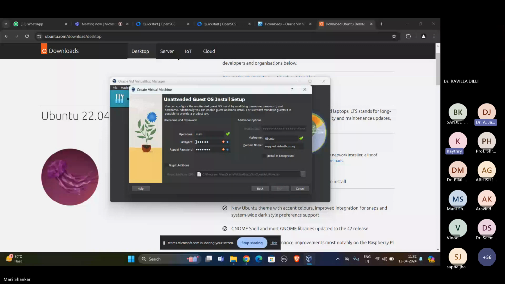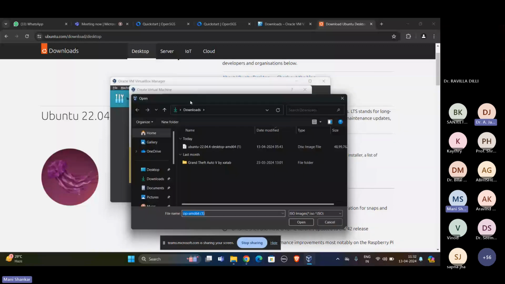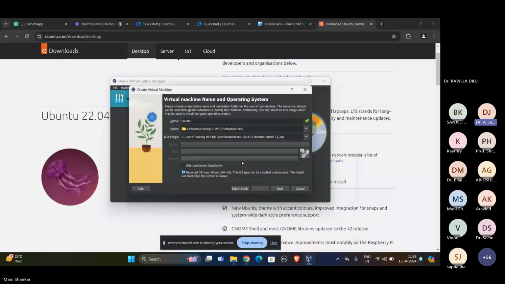No, after selecting others, then we have to proceed. After selecting others, this window will open, your file manager basically. You have to navigate to the Ubuntu file which you have downloaded. Have you downloaded the Ubuntu file? Oh, okay, fine. Just open